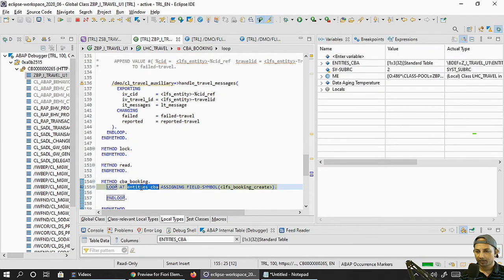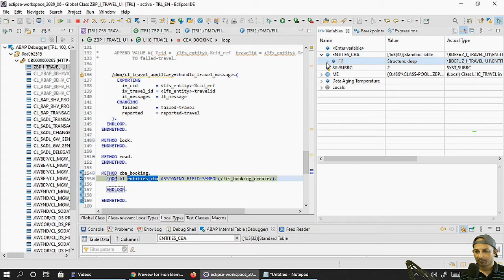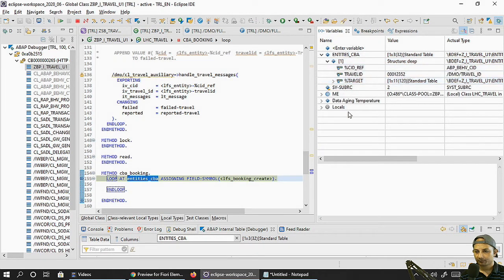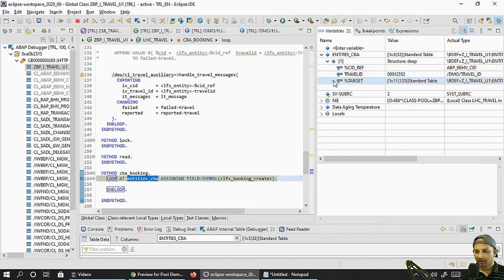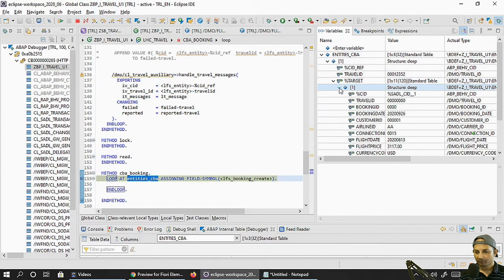I'm feeling lucky. Okay, if I check these importing parameters, you see you have the CID reference, because this is the behavioral context ID. The travel ID is already there because we already have the travel instance. Under target, it has a CID because we are creating the booking instance now with the data provided.